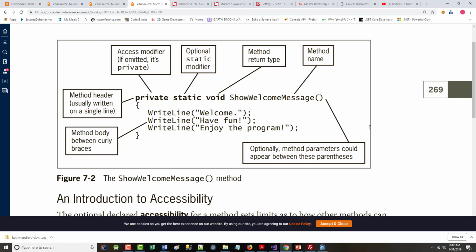There is no return. It's void of a return. In there, what is show welcome message? What is that? Yeah, it's the name of the method. You can tell by looking at it